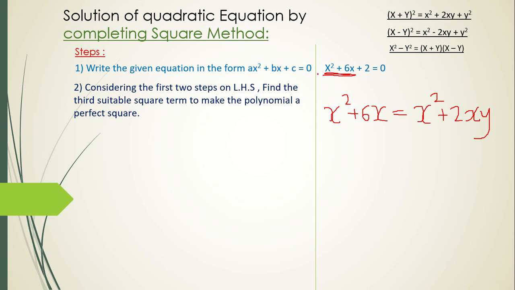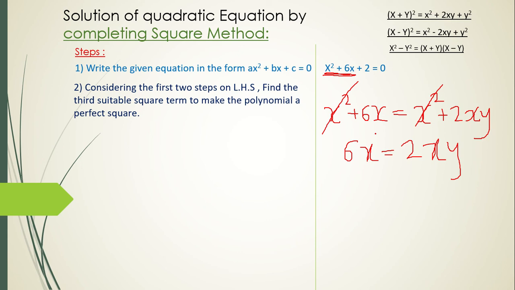Here we cannot write this in this term, right? So we are trying to find a term so that we can complete this formula, x plus y the whole bracket square. So we are trying to find that third term. For that you have to compare the first two terms of the question, x square plus 6x, with the first two terms of the formula, x square plus 2xy. Now this x square will get cut from both sides. What will remain is 6x is equal to 2xy.